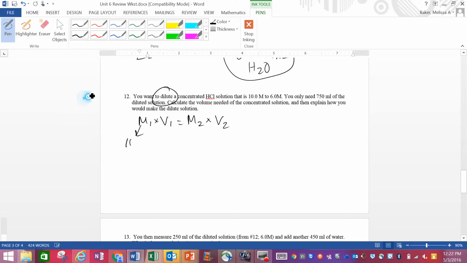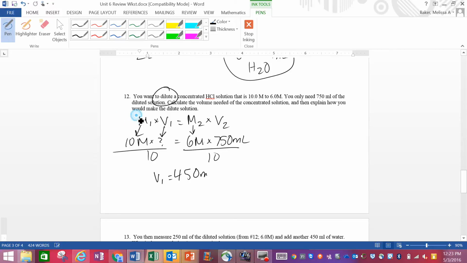So we're starting with a stock solution of 10 molar, and we don't know how much of this we're going to have to add, but we need to dilute this and make it 6 molar, and we want 750 milliliters. So I'm going to divide both sides by 10 to get our question mark by itself, and our V1 comes out to be